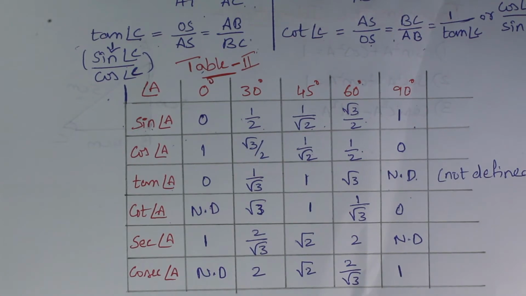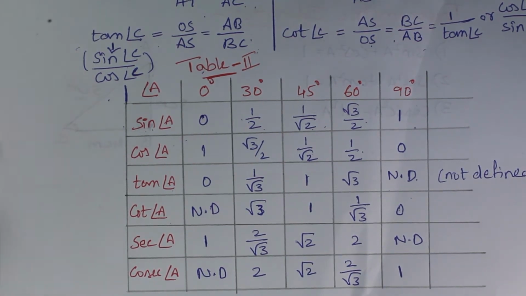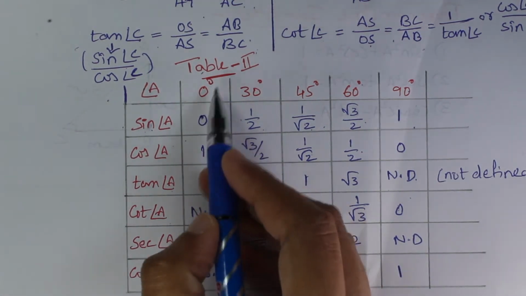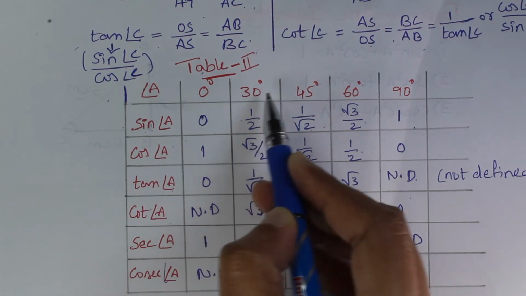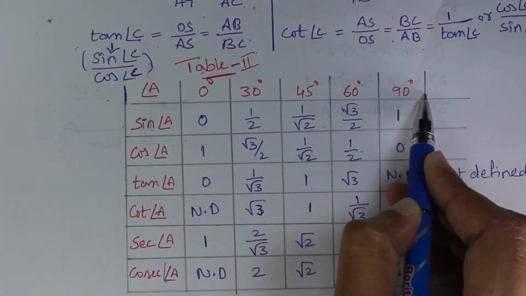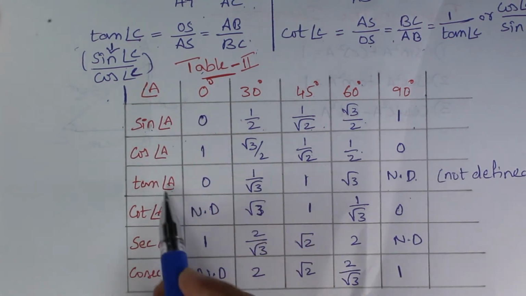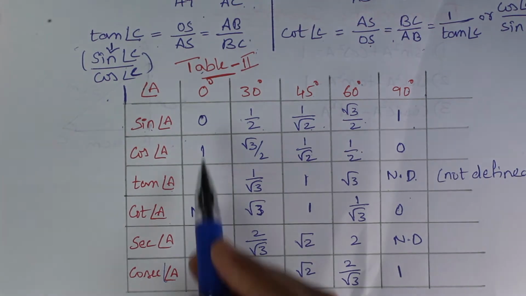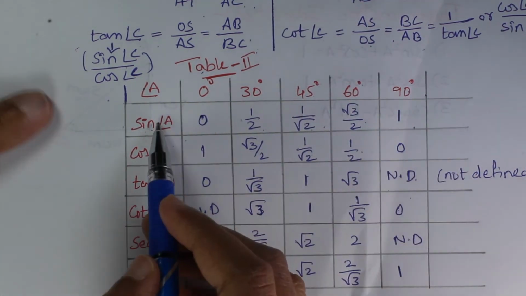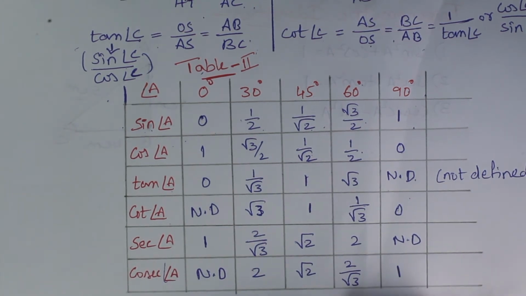That is the trigonometric ratios for some of the important angles. So here he has given the ratio calculations for important angles like 0 degrees, 30 degrees, 45 degrees, 60 degrees and 90 degrees. So in this table we are going to calculate these six ratios for the angles 0, 30, 45, 60 and 90 degrees. This table also you have to remember, but I'll show you an easy way to remember this table.